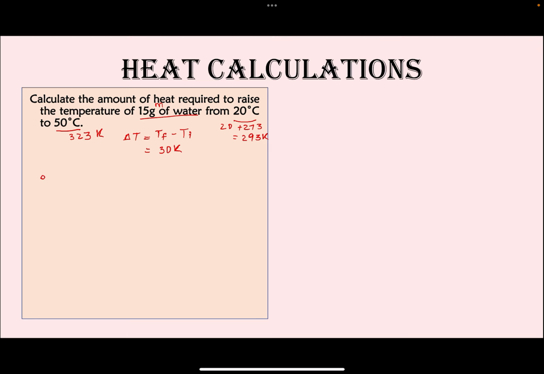Okay, so then we go ahead and plug everything in the equation. Q equals MCΔT. So your mass in this case is 15 grams. We are looking at liquid water. So remember, the specific heat capacity of liquid water is given in table B, that is 4.18 joules per gram Kelvin. And then we have the delta T, which is 30 Kelvin. So just do your math, multiply all of these things, and we get about